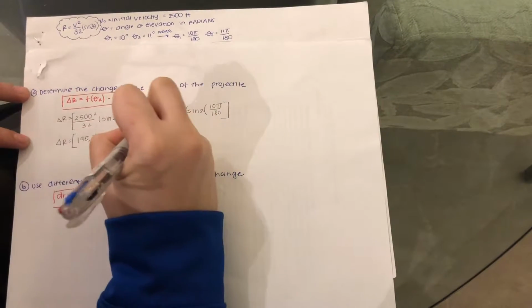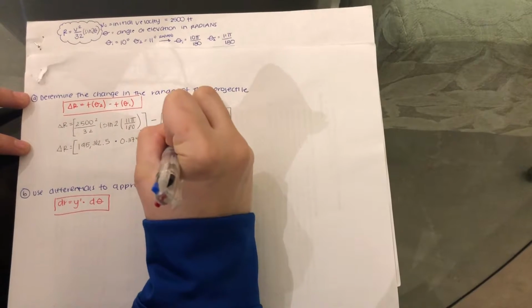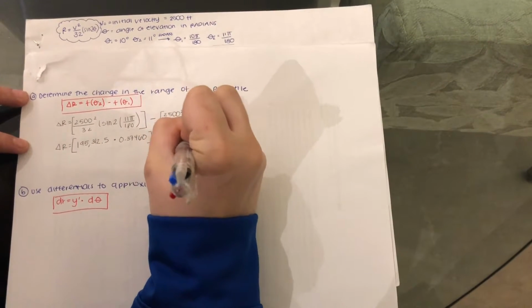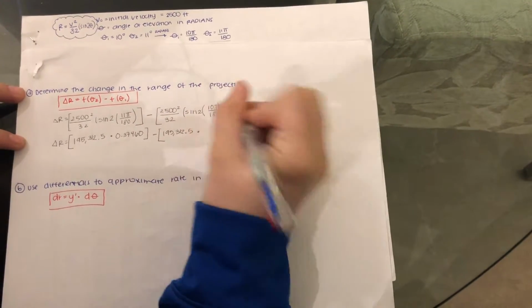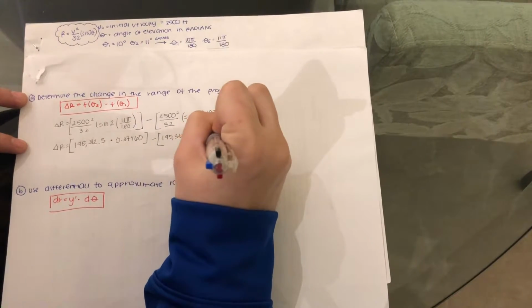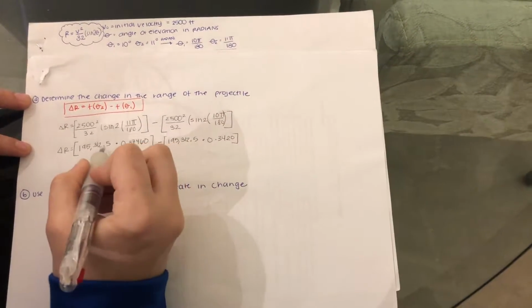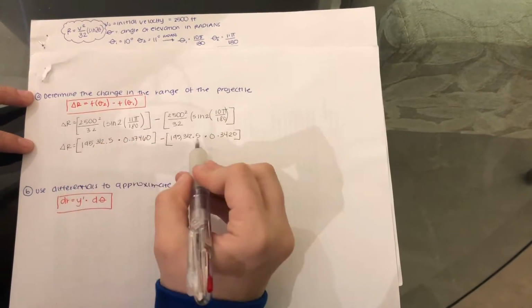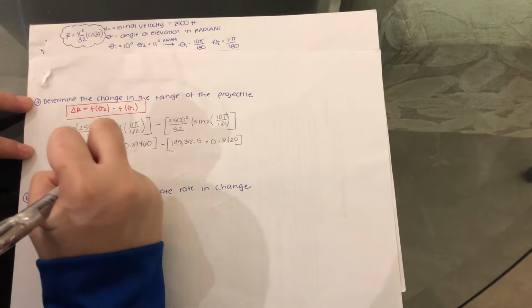This is one part, and then minus the same 195,312.5 times the answer of this, which would be 0.3420. We multiply these two numbers for each, and we get a total of